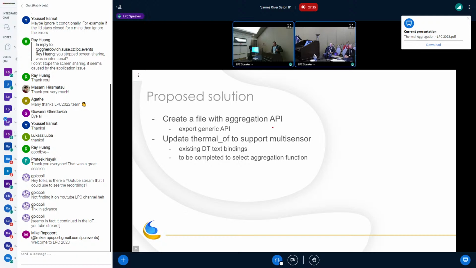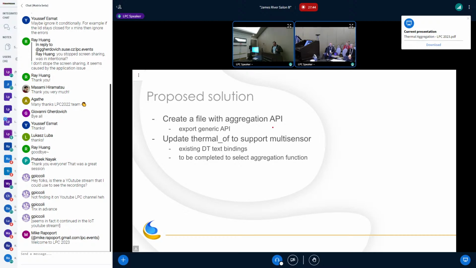So I'd like to implement it using the existing device tree bindings. This has been lost, but before we moved to the YAML format, there was some discussion of the aggregations.